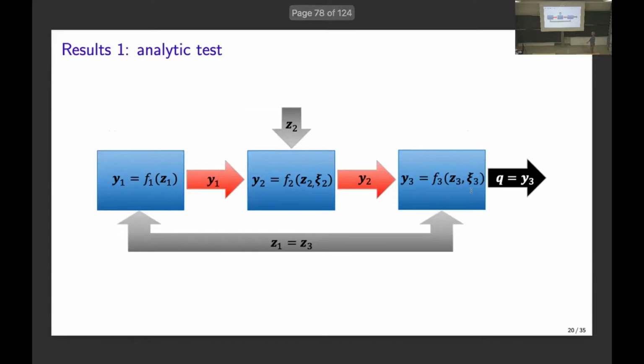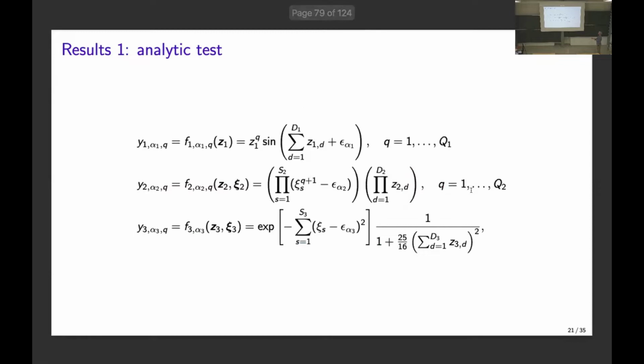That's another technicality. And now results, because I'm done with theory and methodology. So the theory says everything should work as long as everything is Lipschitz with respect to the X's at least, and as long as I get the ranges of the X's right. So this is an analytic test. Everything is feed forward. The only difference is that Z is input simultaneously to the first and the third. You don't even really need to read this; it just shows that there's a bunch of sines, cosines and exponentials. Everything is analytic, so I know everything about this model and have everything under control.